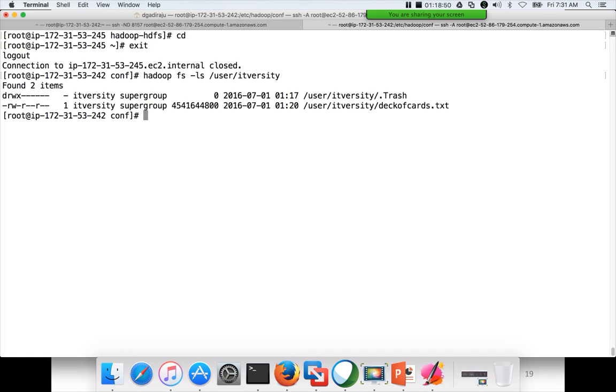Here in this case, there are 33 blocks with 128 megabyte size. So those 34 blocks are stored in distributed fashion on our 4 hosts, which are designated as data nodes.